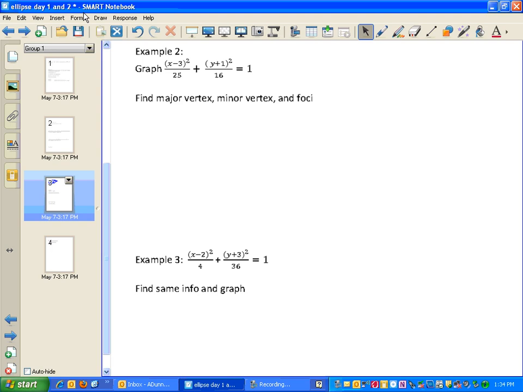Okay. All right. So here we go. We know that this is not a circle. It's equal to 1, and really it's because our denominators are not the same. The denominators are different, which means we're going to be wider than we are high. Okay? So that's going to be a real big thing about determining whether or not we have an ellipse or a circle. Because if I gave this to you, if I said x minus 3,